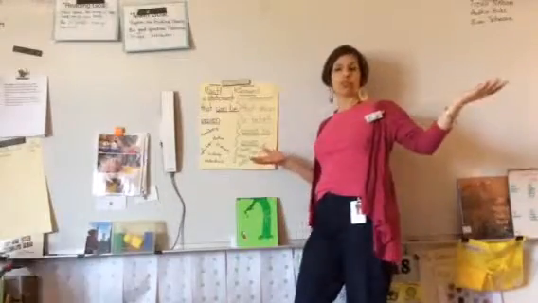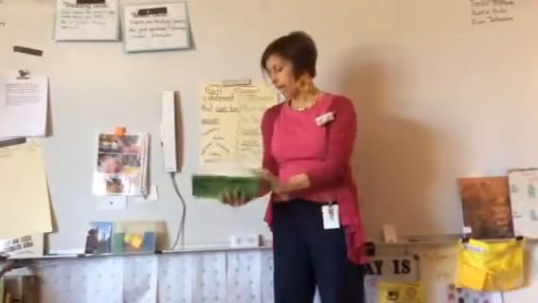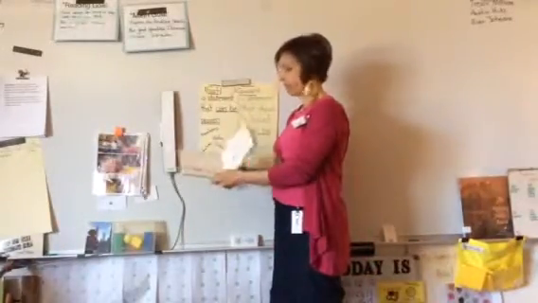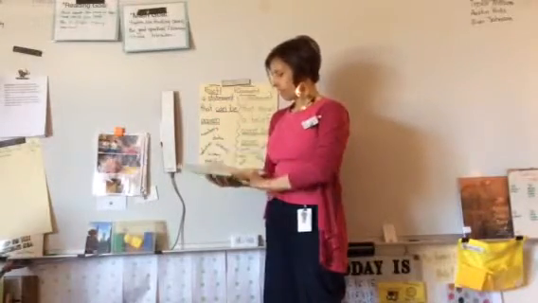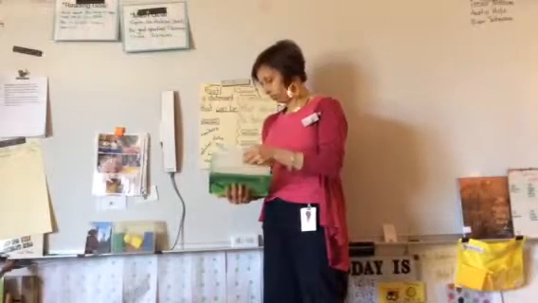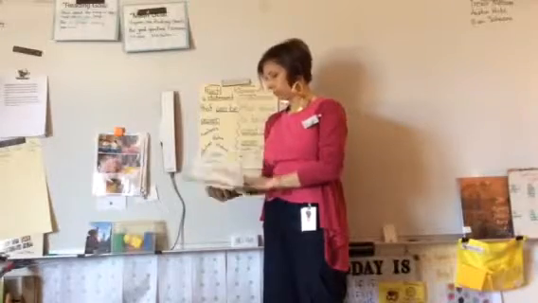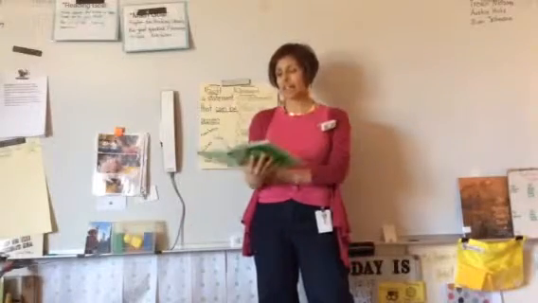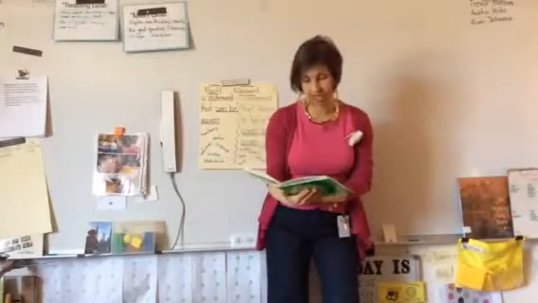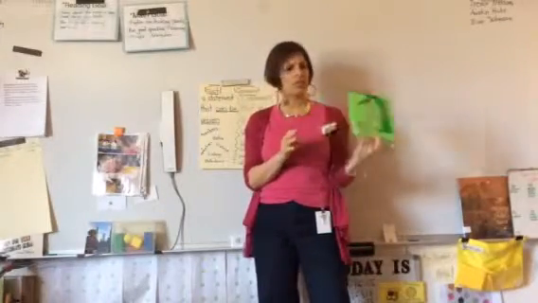Okay, fact or opinion, my friends? 1, 2, 3. Fact. We saw it happen in the story. Can we prove it? Yes. Check it out. Here we go. Fact. Bam, right there, right? We can prove it. And it says, and so the boy cut off her branches and carried them away to build his house. Is that an opinion? No. That the boy cut off her branches? No. We can prove it. Okay, give me another one.